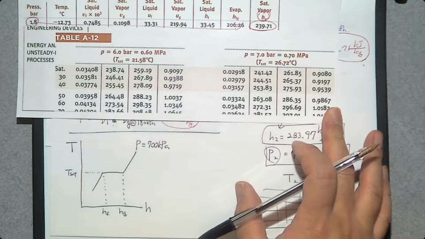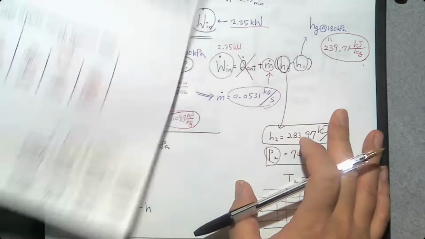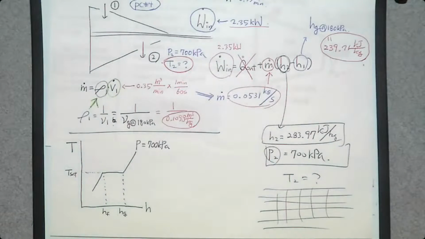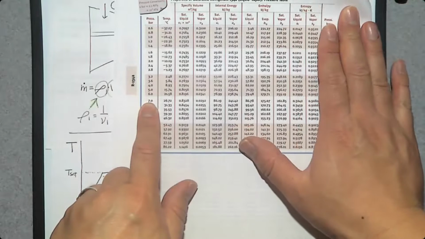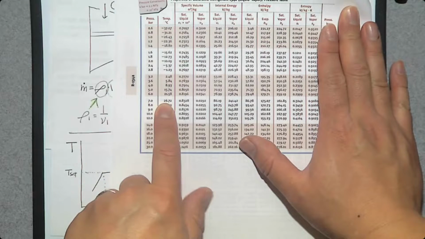I don't have 700 kilopascal. Don't worry about that. I have a backup property table. So, table A11. 700 kilopascal. Tsat is